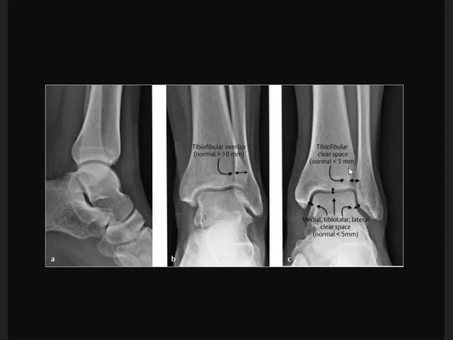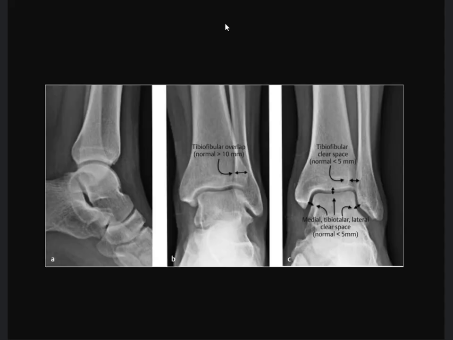And then the distal space where that tibiofibular junction is, the clear space, as we call it there, should be less than 5 millimeters as well. So these are quick things that you can look at from an x-ray perspective to see if your x-rays meet any of these criteria. If it's a little bit ambiguous whether the x-rays show these changes or not, we can often do gravity stress views. It's questionable whether these add